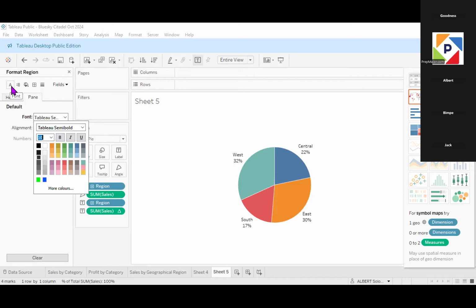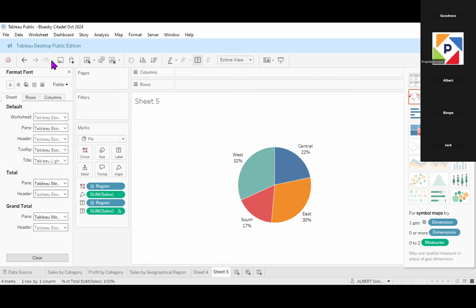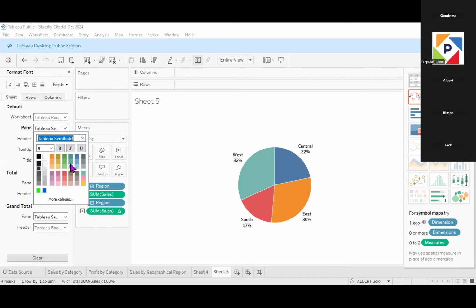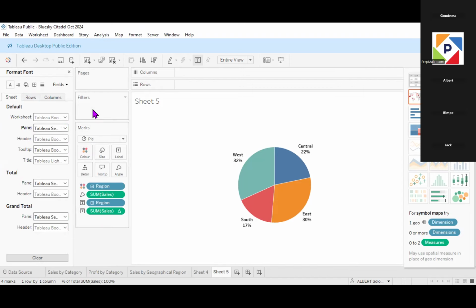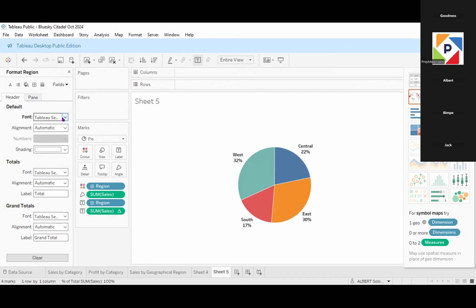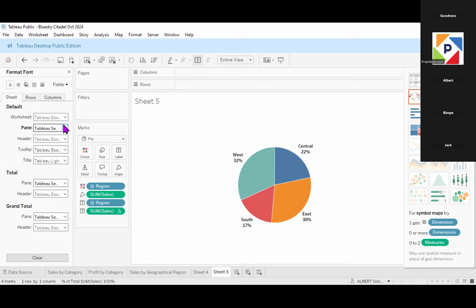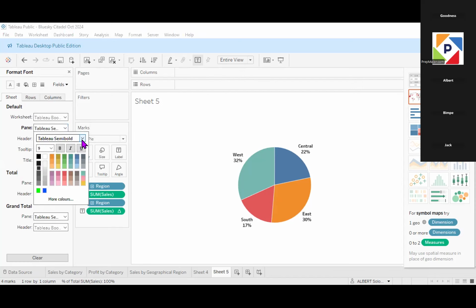But most times you come to the workbook itself. This is the workbook. Usually you want to format the pane. Now you see, once I select my region, it should usually give it to me like this, but at times it doesn't. So you have to look for it. You just come to the sheet and you have the pane. Then you can select the pane and select your